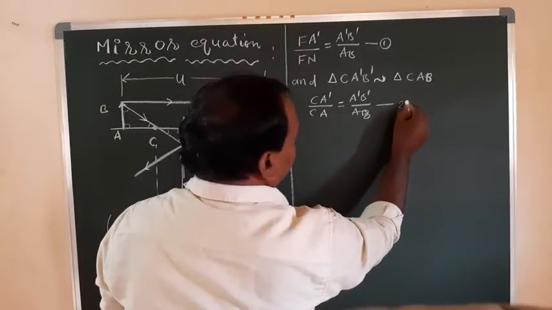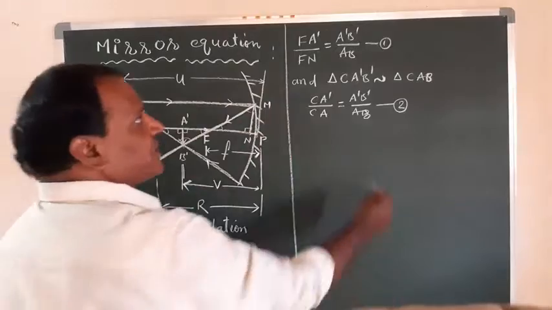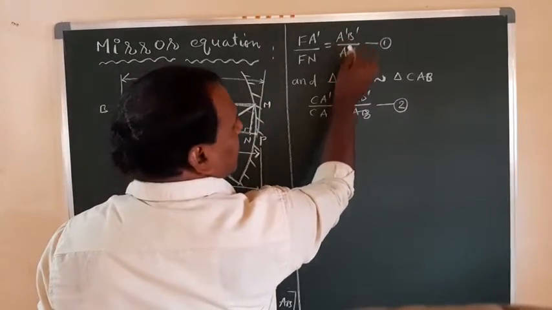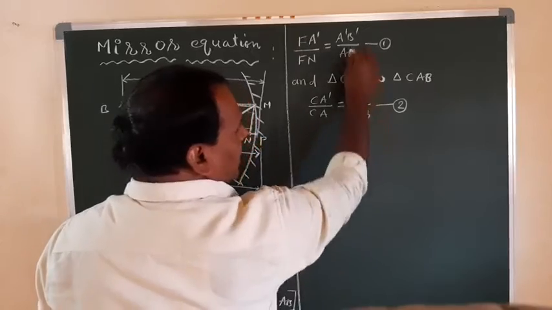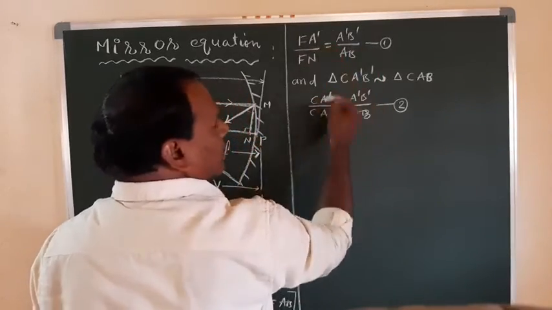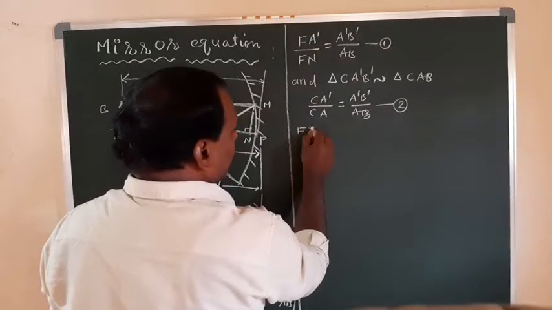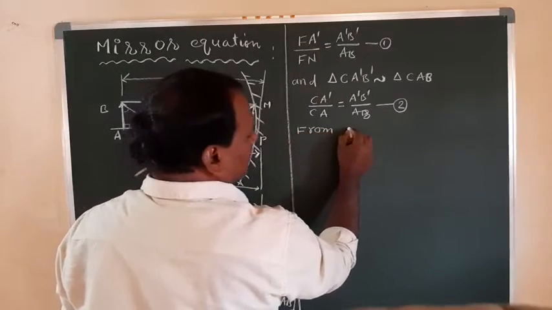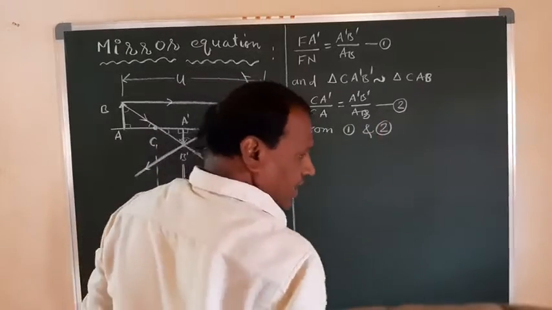This is the second equation. See equations 1 and 2: the RHS are equal, A'B' upon AB, A'B' upon AB. So since the RHS are equal, the LHS are also equal. So from equations 1 and 2, I can write here